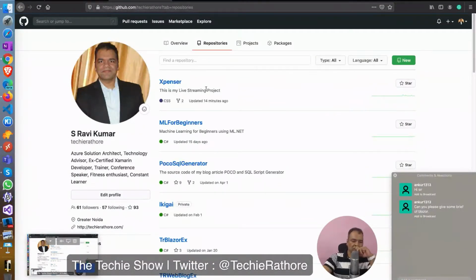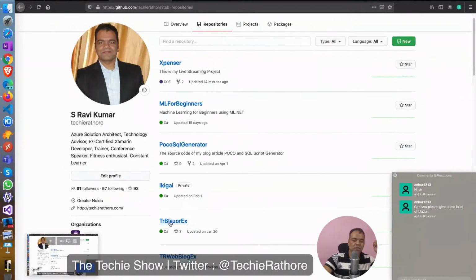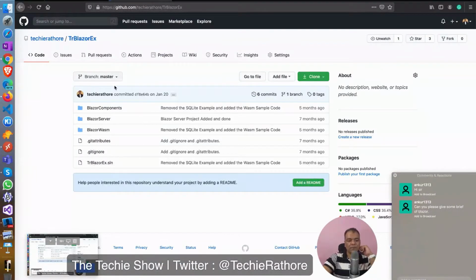And if you want to see this one, TR Blazor EX, this is my Blazor example repository. It has all the examples of my blogs. Right now I have written a couple of Blazor blogs. In one I have explained the different project structures of Blazor, and in another I have explained how to create the futuristic Blazor application. And I think it's not literally a couple, I have written three Blazor blogs.